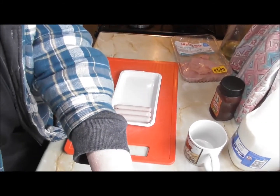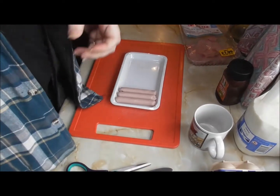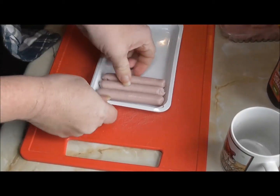Right, so that can go over there. And what I'll do, I'll zoom you down so you can see what I'm doing, because it's better than looking at this ugly mug, isn't it? So let's pop you down there like that. I'll just turn this so I can actually see what I'm doing, even though it's upside down. And we'll zoom in a wee touch. There we go. So, the sausages,